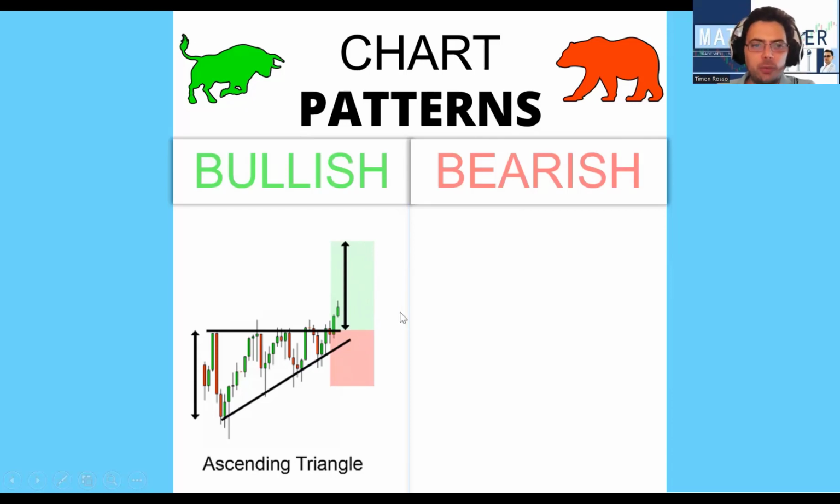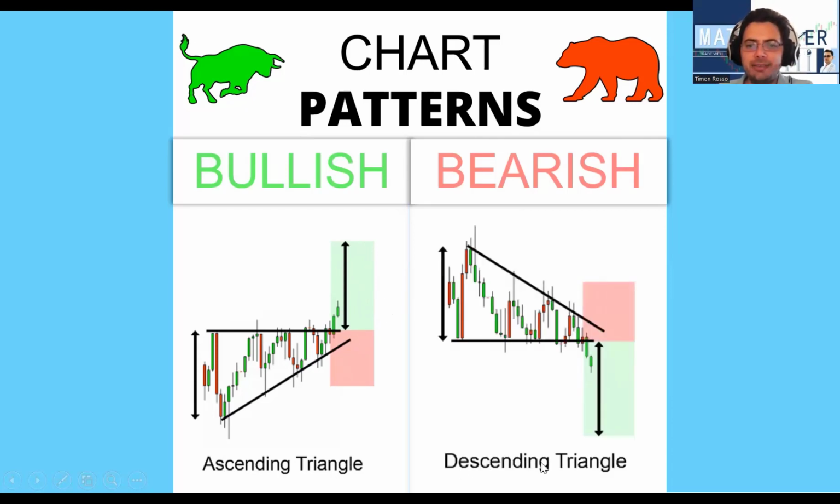So the ascending triangle was the first formation, and the opposite is a descending triangle where the price forms lower highs and it bounces on the same lows. Then the price of that pattern breaks below the support, and that's where you expect the market to continue down. And so you set your take profit twice as low as where you are willing to set your stop loss. That's the difference between an ascending triangle where it's ascending and a descending triangle where the price is moving down.